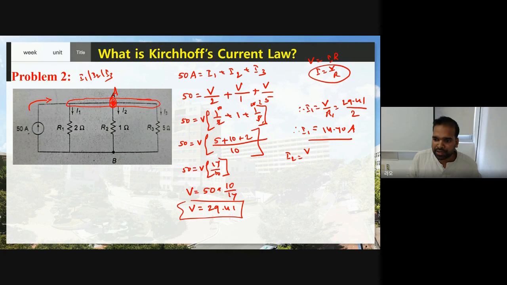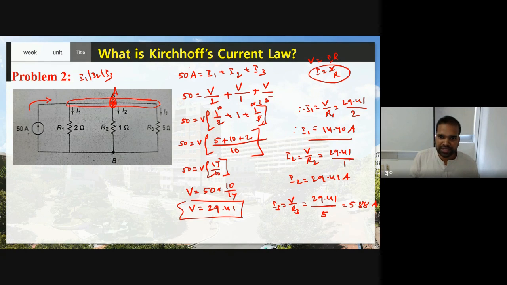Now you can find I2 also. I2 equals V by R2. V is 29.41, R2 is 1. Therefore I2 equals 29.41 ampere. And you can find I3 also. I3 equals V by R3. V is 29.41, R3 is 5. If you calculate this, you will get 5.88 ampere. Clear? Now see, by using KCL, we found the voltage across each resistor, and at the same time